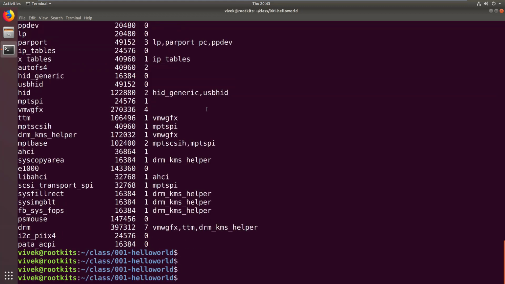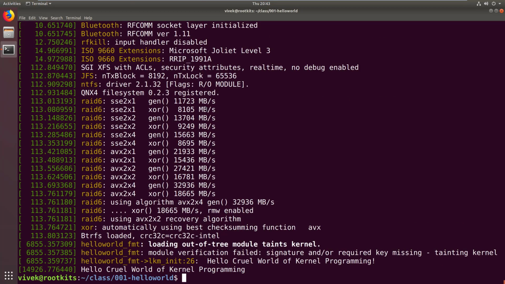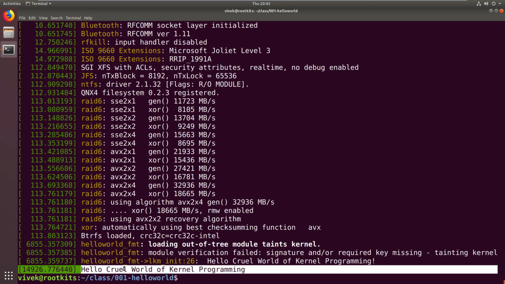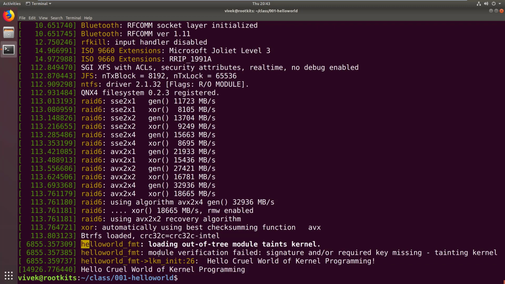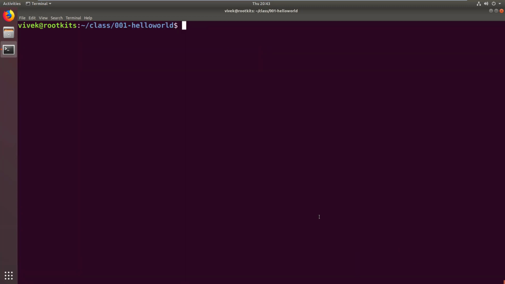Fantastic. Of course, you're wondering, what happened to all of those messages? So one way to look at it is to type in dmesg, but of course we'll see a lot of scroll, and then at the very end you'll end up seeing hello cruel world of kernel programming, right? Omit this part, I apologize, this is for the next video. The only thing we need to look at is here, and we can even monitor